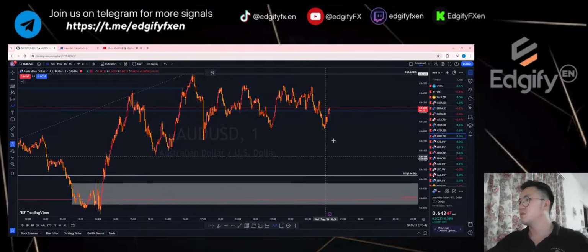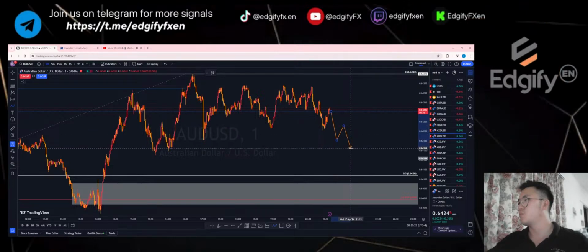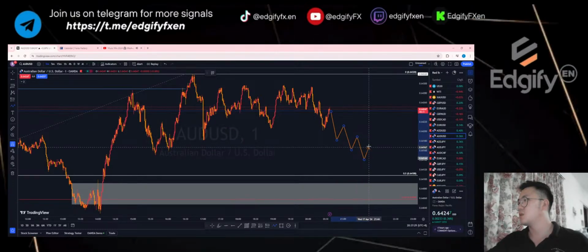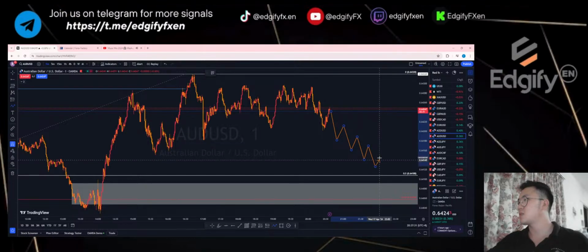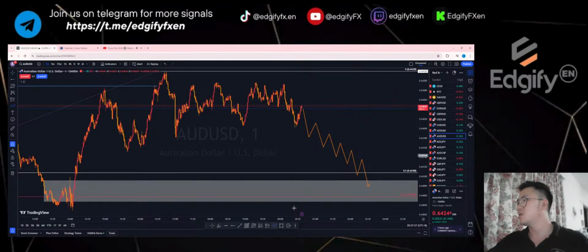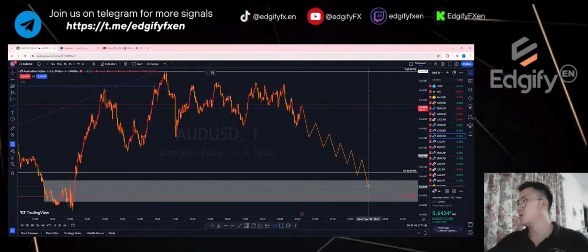if it taps in on the 1 minute chart, it will look something like this. It will break, come back, break again, come back, and it will continue doing this until it taps into where we are looking for. So when we have this tap in here, we need to see the 1 minute chart have a change in the market structure,